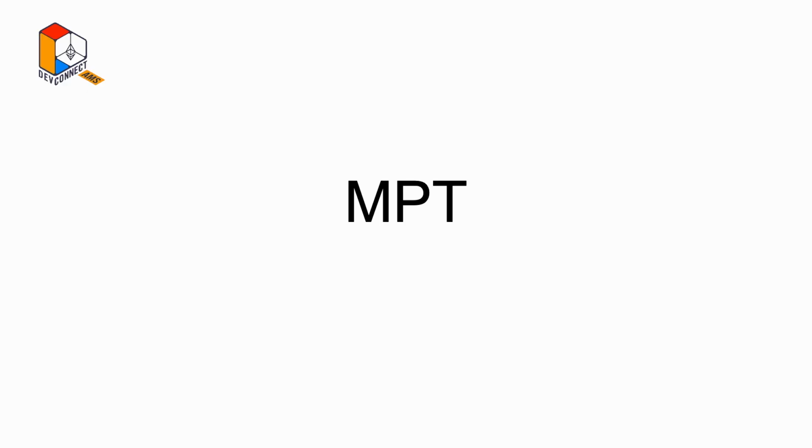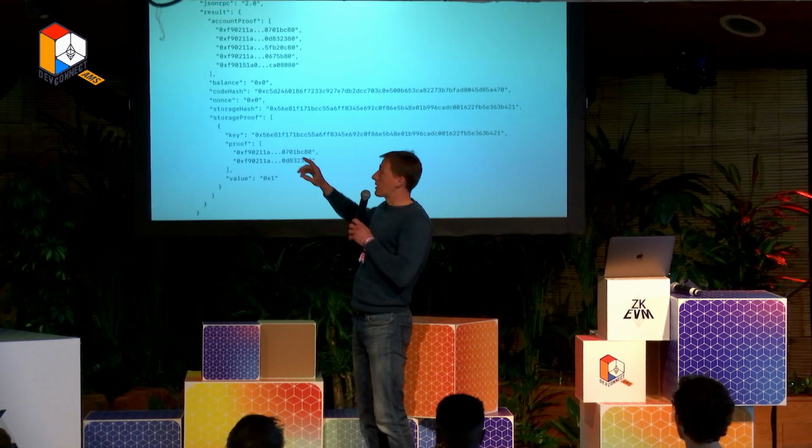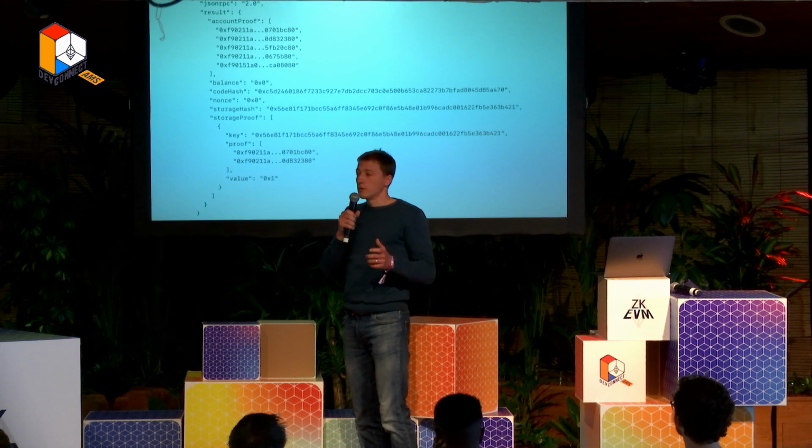Okay, so Merkle Patricia Trie, MPT. I will just start with the JSON that is returned by a get proof call. It contains two proofs. One is account proof, and the other one is storage proof. So in the account proof, there are some RLP streams. Each one of them is a branch or extension node, but an extension node is just a special case of a